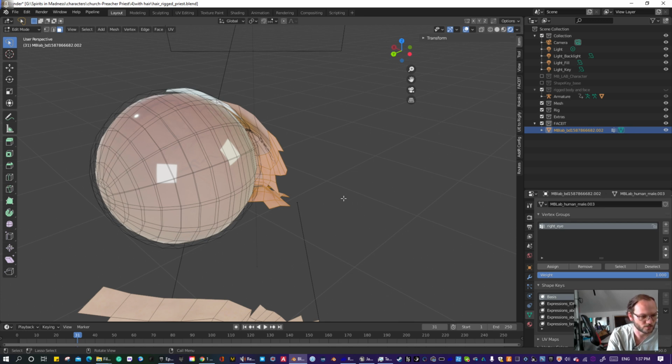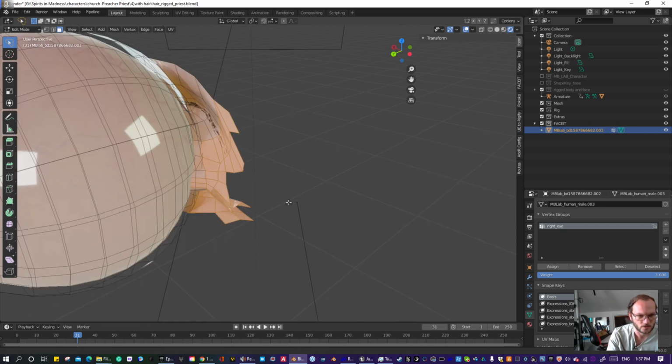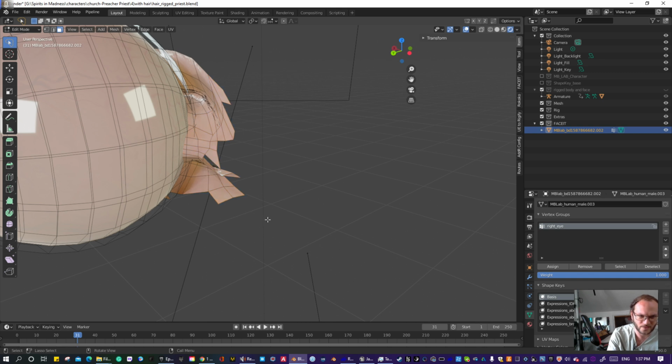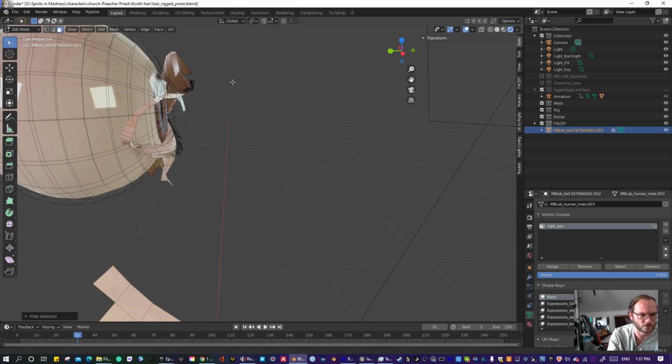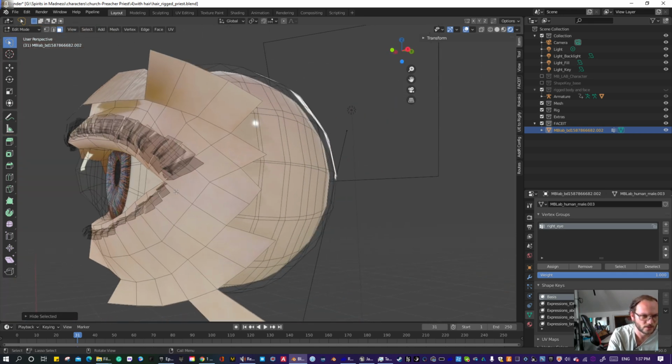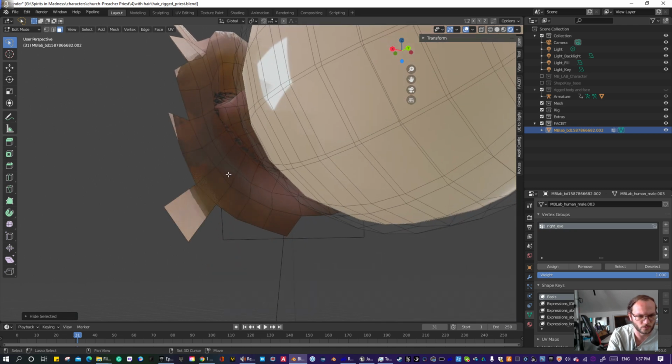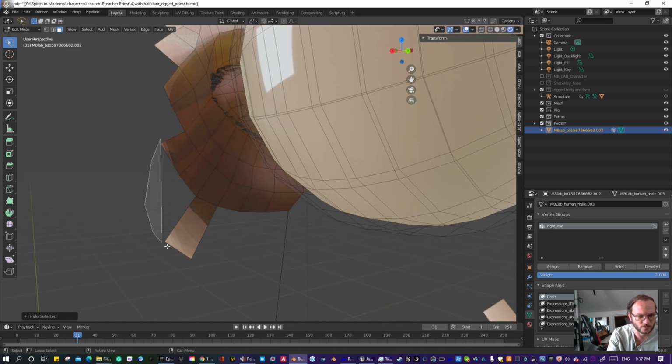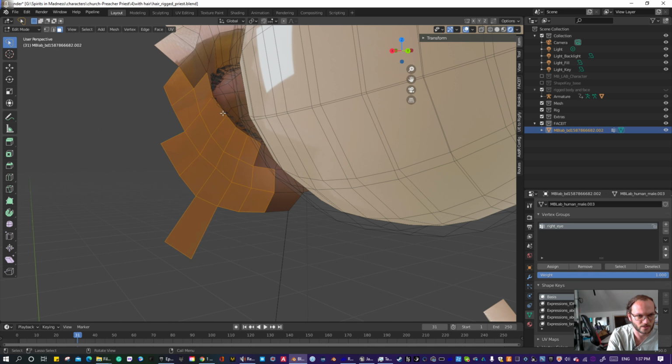So you make your clothes in Marvelous Designer. If you want the highest end look, you're going to simulate your clothes in Marvelous Designer after you do 100% of everything else, but that's not practical if you want real-time production at a fast pace. So what you're going to want to do is make your clothes, bring them into Blender, which I'll make a separate clothes tutorial,